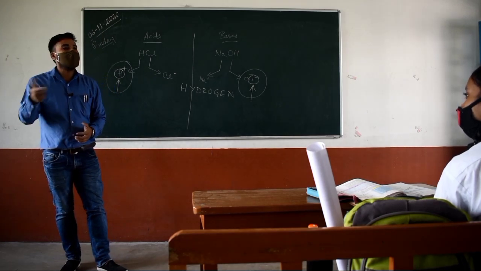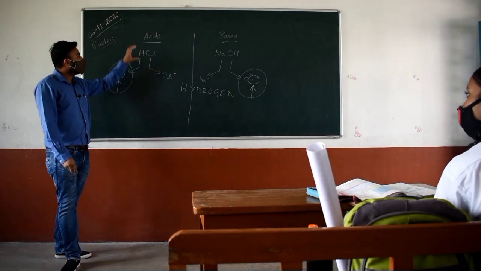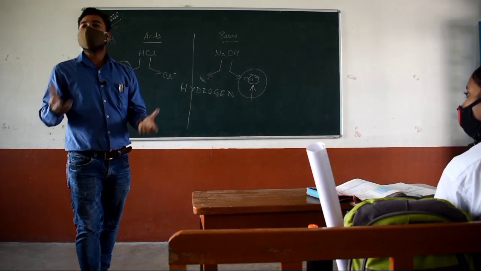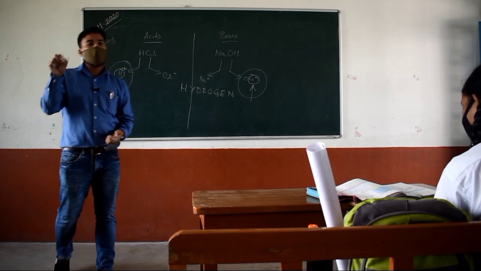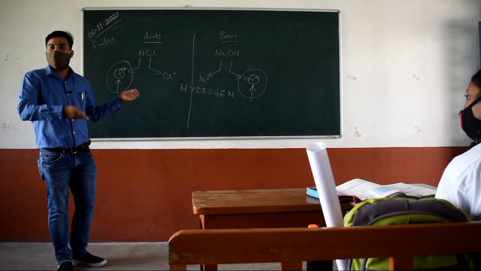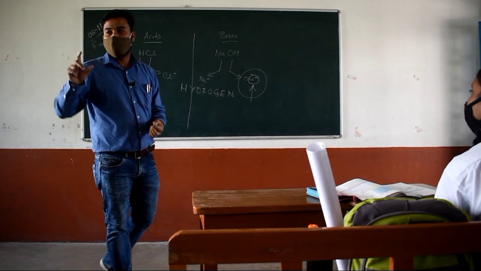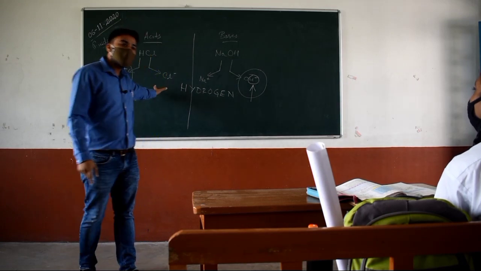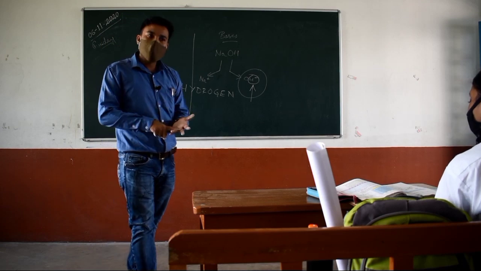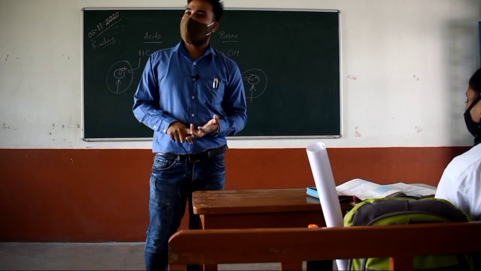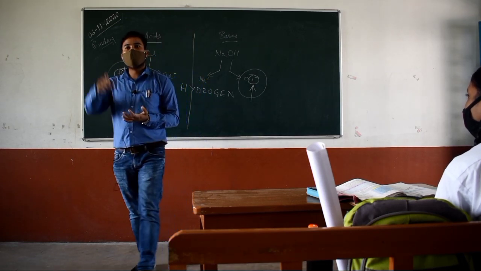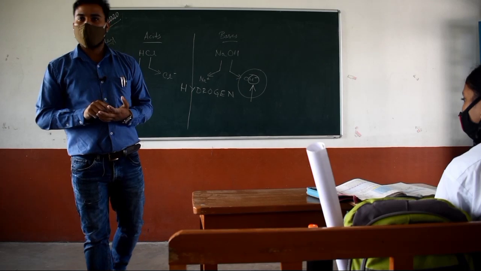Why is HCl an acid? So the answer will be, whenever HCl breaks into its particular ions or dissociates, one of the ions produced is the H plus ion, which is a definite property for the presence of an acid. Since HCl is able to release H plus ions, which is a property for acid, hence HCl is an acid. Clear? In this way you have to write the answer. All of you are clear? Like this you have to write.